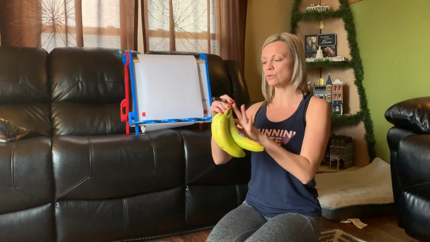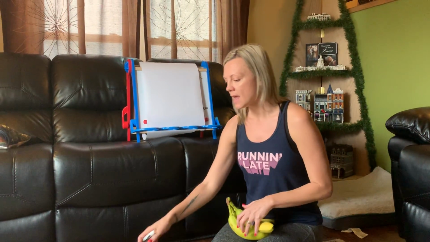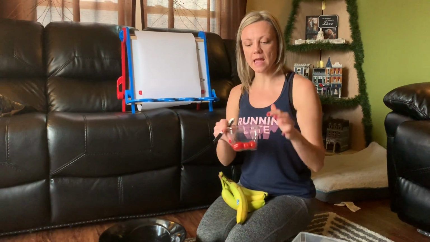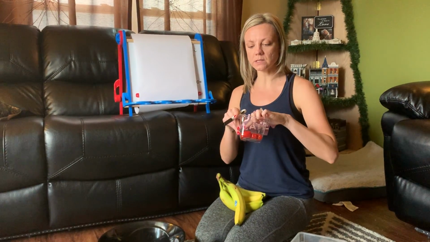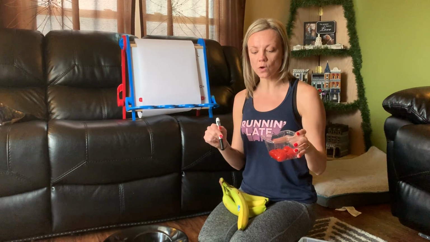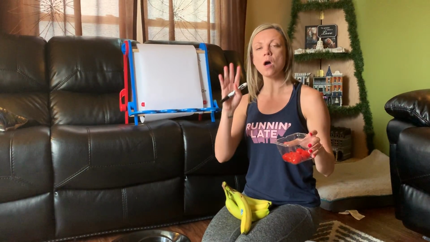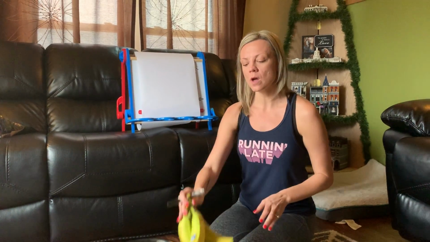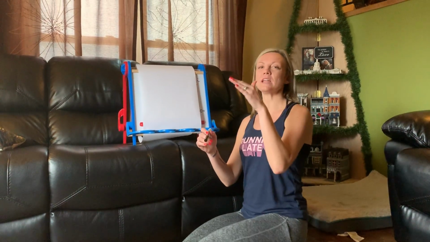So the first thing I need to do is count and see how many items I have. So I have 1, 2, 3, 4 bananas, and I have 3 apples. I have 1 avocado, and then I have 1, 2, 3, 4, 5, 6, 7, 8 tomatoes. So I know my graph has to range from 1 all the way up to 8. So I might do a 0 to 10 graph, so then that way I can see the different size of